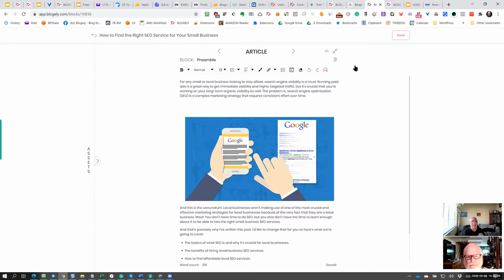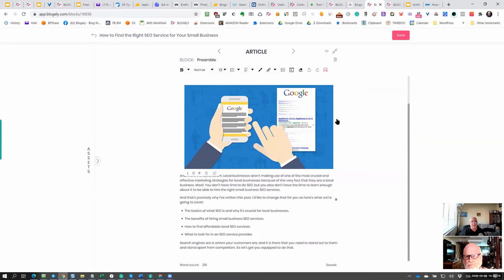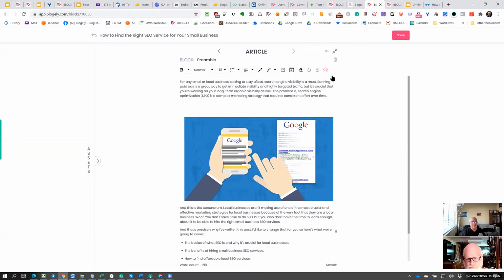On the upper side, you have this rich text editor, so you can do some editing of the text. You can use the block codes, and of course you can change it. But this is our standard setup, so we automatically bring it in, and of course you can delete the block altogether if needed. On the left side you have the assets, and we will go through the assets as the next step.